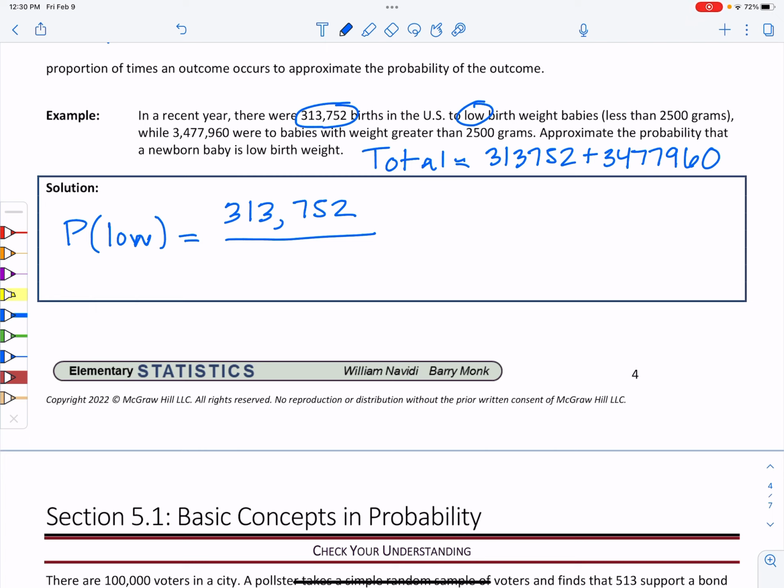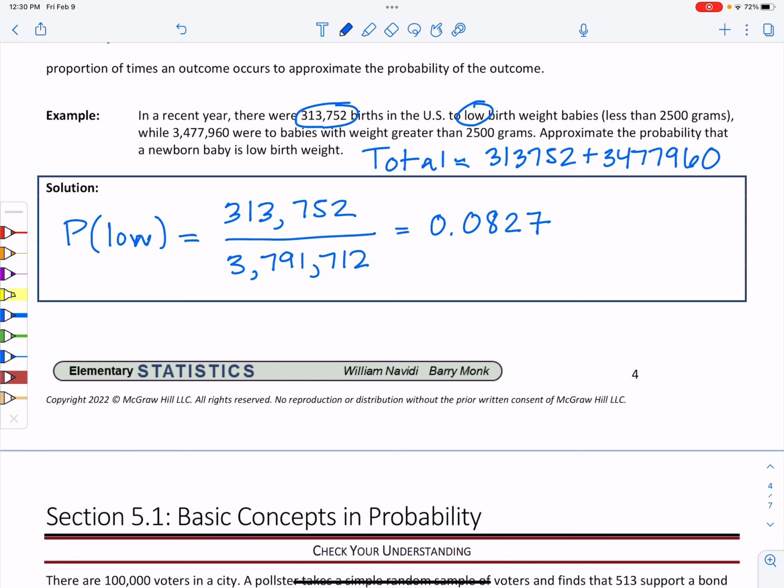If I put these two together to get my overall total, which is what I want to choose from, then to get my probability, I'm just going to divide